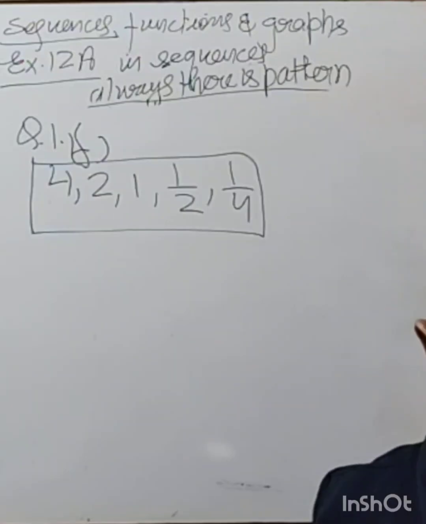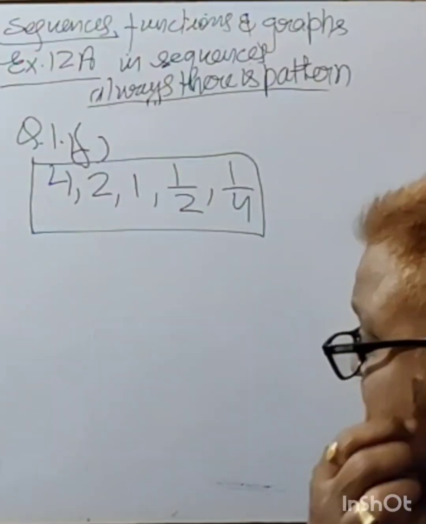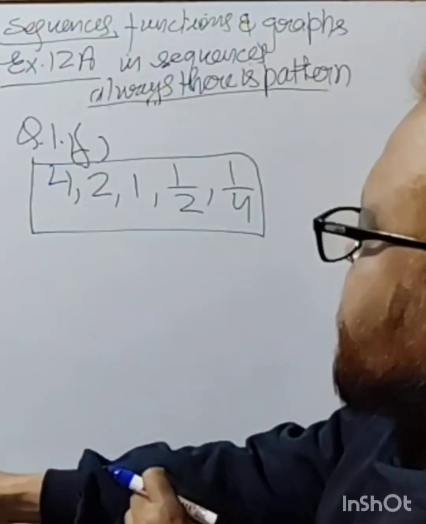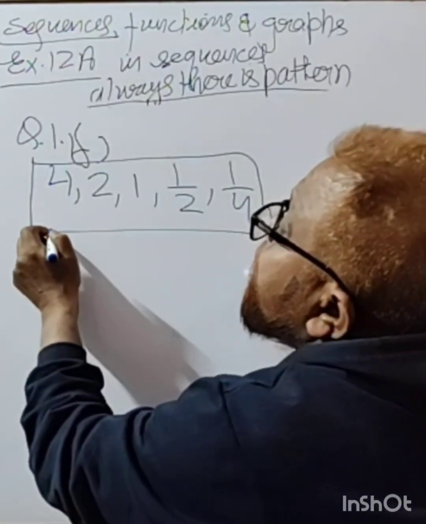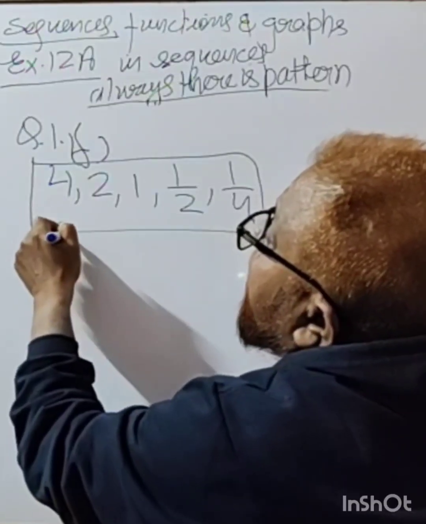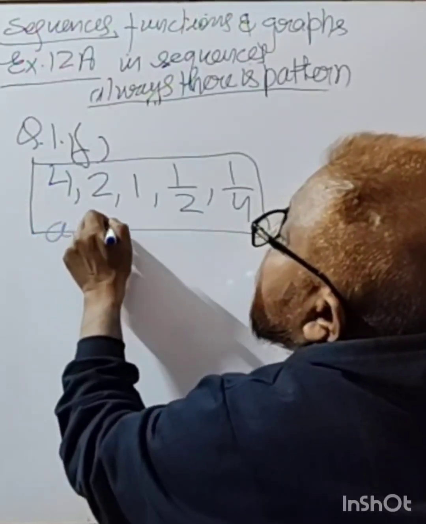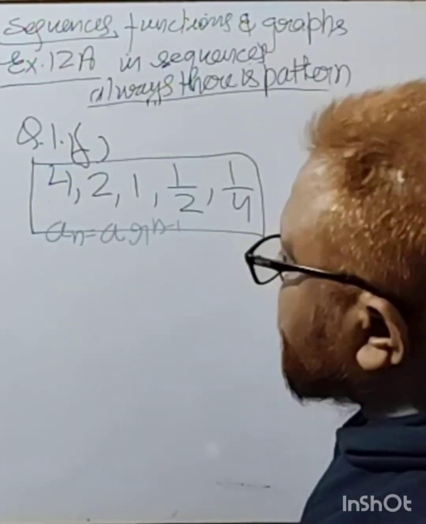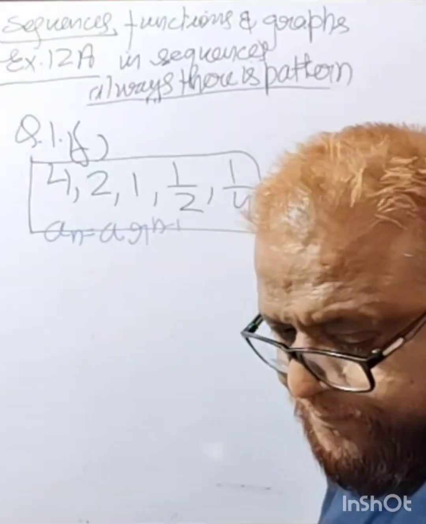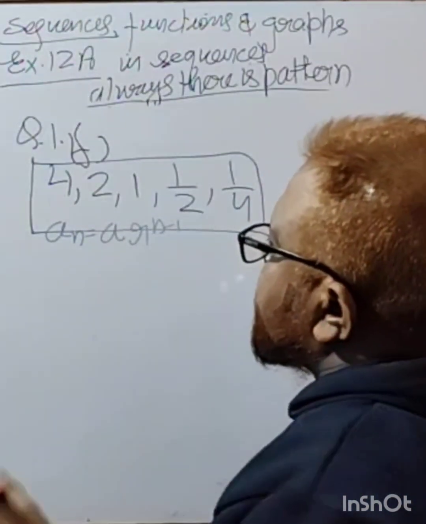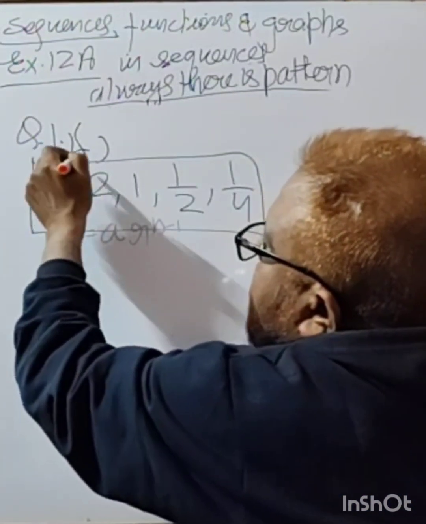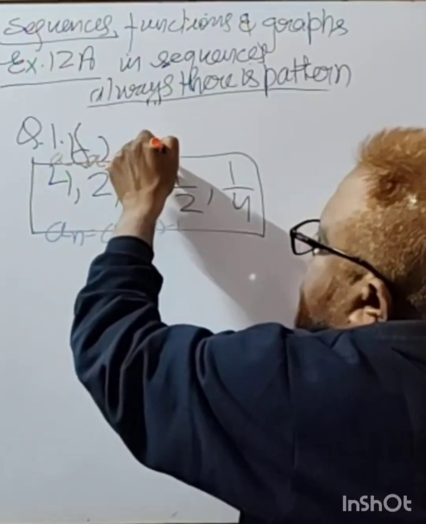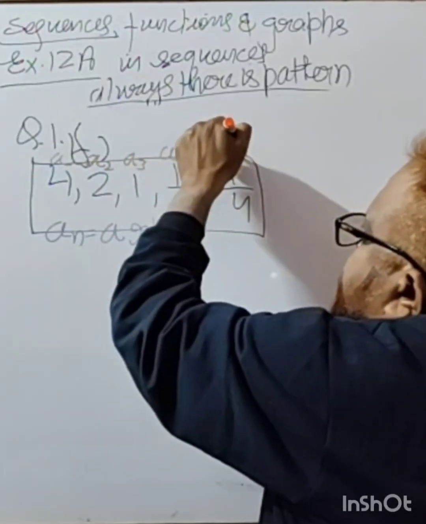Okay. One minute, I wasn't sure. Sure. Let me do this. The formula for geometric progression is nth term is equal to a r raised to the power n minus 1, right? Say this is the first term, this is second, this is third, this is fourth, this is fifth.